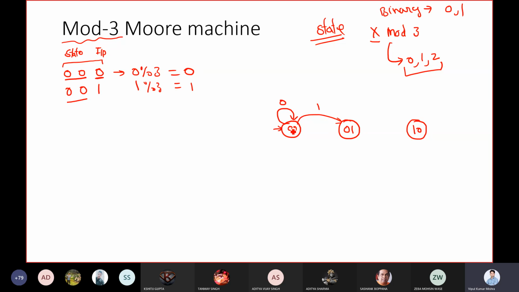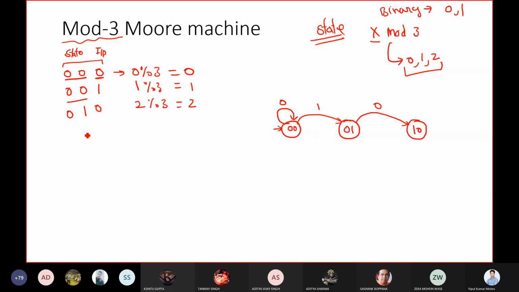Now, suppose you are in the 0,1 state and your input is 0. This value is representing 2. 2 mod 3, what do you get? 2, right? So if you are in the 0,1 state and your input is 0, you will jump to the